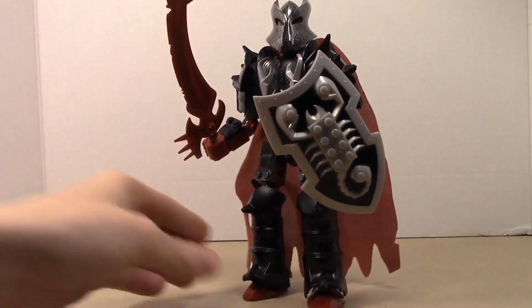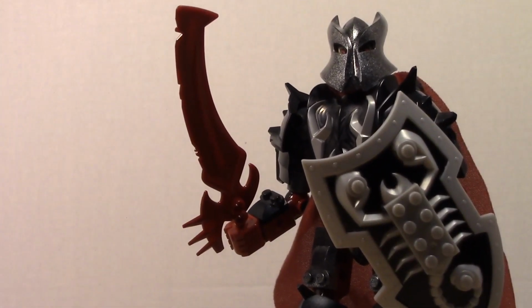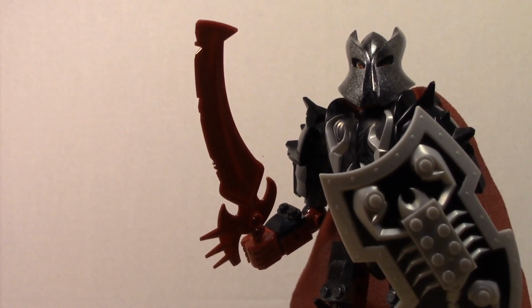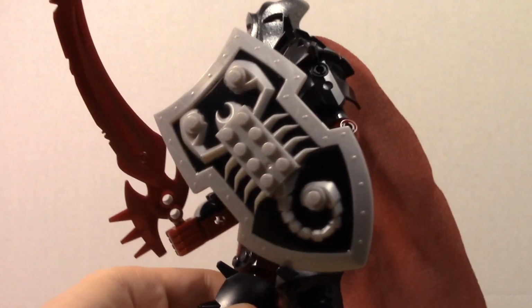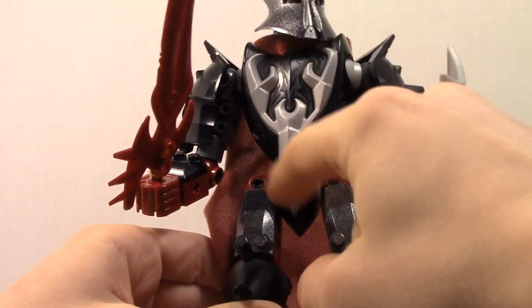But the sword is really, really awesome. You can see it there. Really interesting and different design for any of their swords in the theme. Vladek kind of has like a normal sword throughout the entire story, but now this seems to be his main sword, and I really like it. And his emblem, as it's shown in the box, is a scorpion, and this is a really awesome shield, really cool, very big too. It's one of the bigger shields, I believe, and he had the scorpion emblem on his